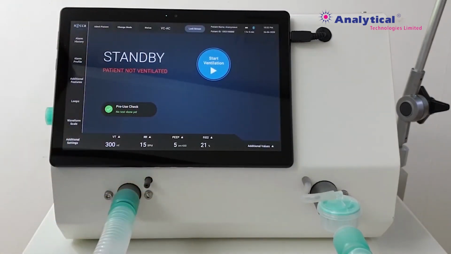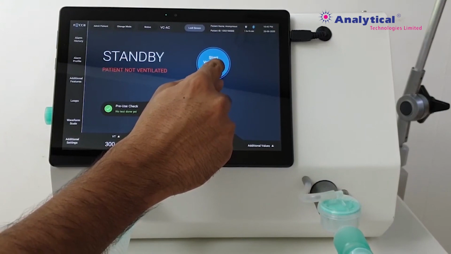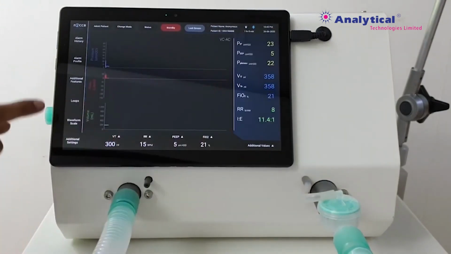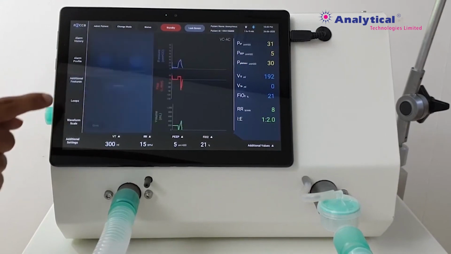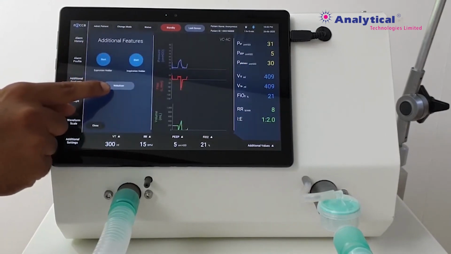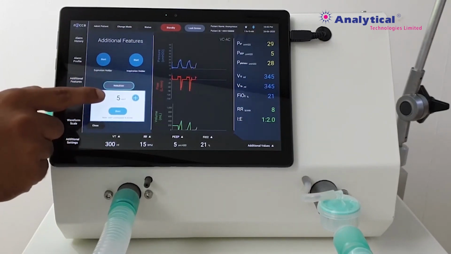Another unique feature of the Nokark ventilator V310 is the integrated programmable nebulizer synced with the inspiratory breath. The settings can be found in the Additional Features tab on the menu bar. Here, set the timing for nebulization and hit start.